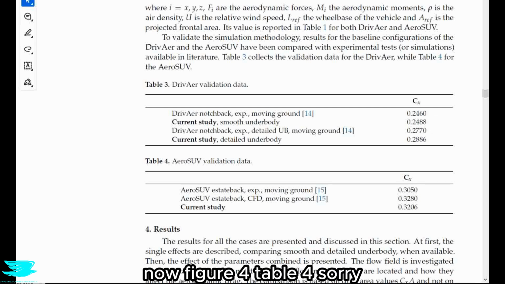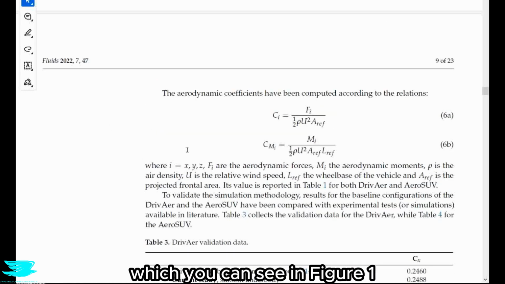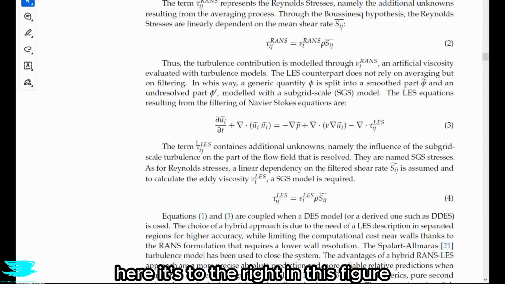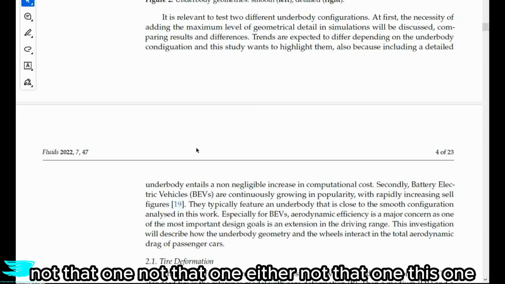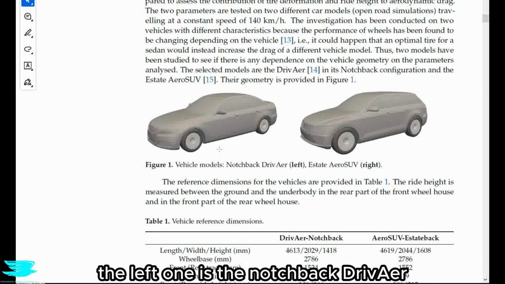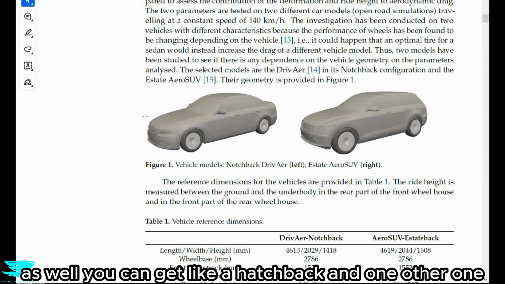Now in table 4, they tested another car called the Aero SUV, which you can see in figure 1, if we scroll all the way up here, is to the right in this figure. Not that one. Not that one either. Not that one. This one. Here we go. So the right one here is the Aero SUV. The left one is the notchback Driv. The Driv comes with 2 other configurations as well. We can get like a hatchback and one other one. Anyway,